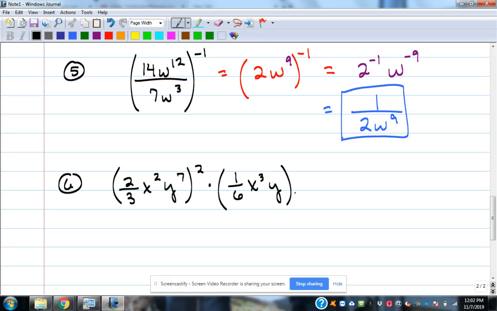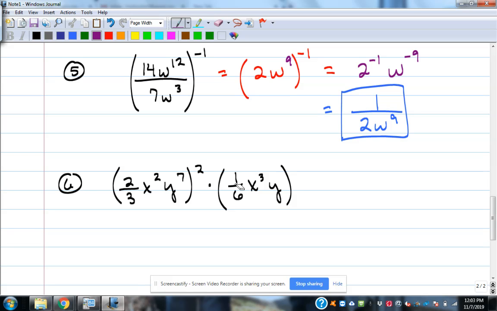Right. So we have (2/3 x squared y to the 7th), all in parentheses and squared on the outside. And then the other parentheses is 1/6 x cubed y. All right, so where do I start? I can't do anything to simplify the inside of either parentheses, so I'm going to go ahead